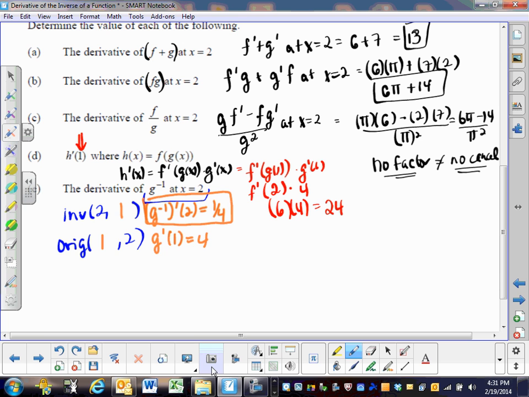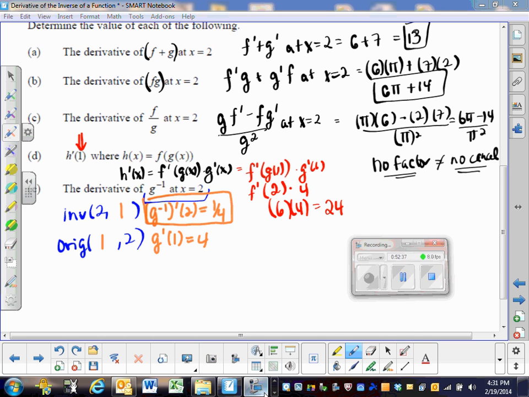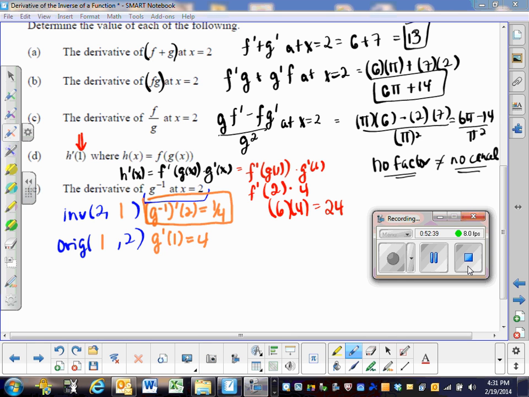Now the next part says find h prime of 1. So notice it says determine the value of each of the following. Looking for h prime of 1 if this is the composition function that we have. So h is the composition, not the product. So it's the chain rule. H prime of x is the derivative